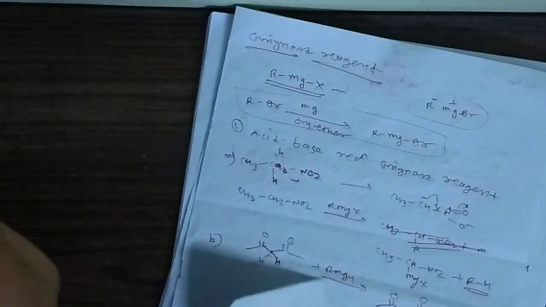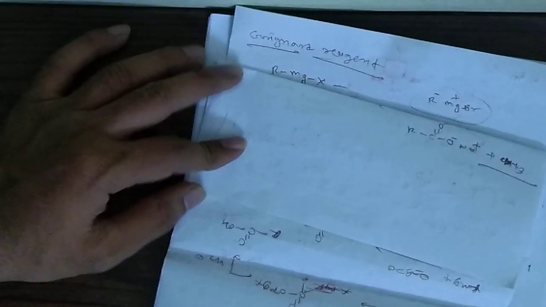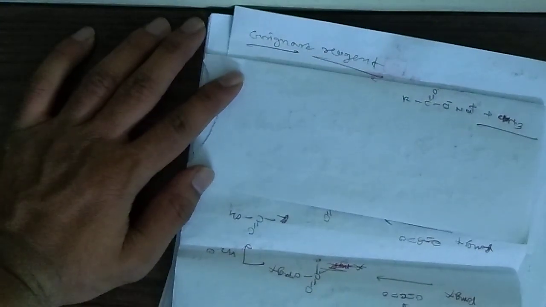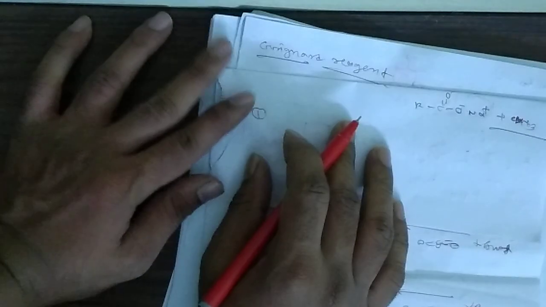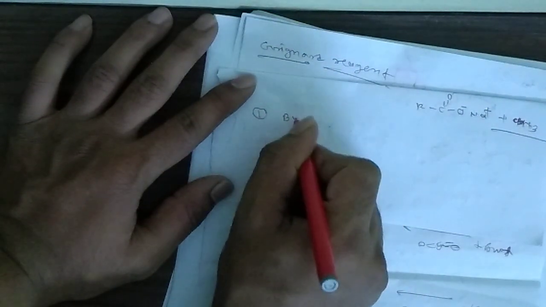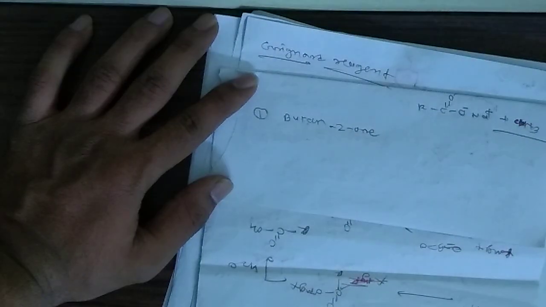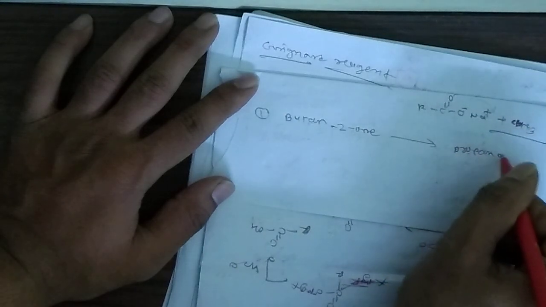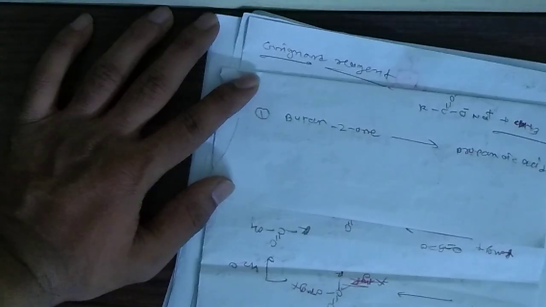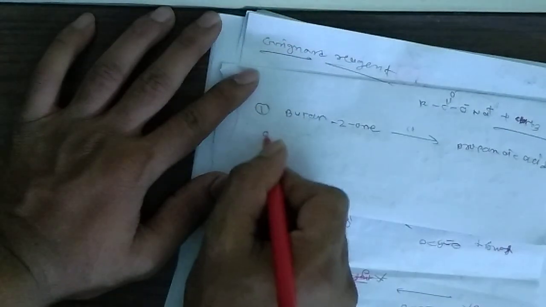Now we have seen the mechanism and the direct method of that reaction. Now we will see the PYQ, previous year questions of JEE, based on the haloform reaction. So the first question is: butan-2-one can be converted to propionic acid by which of the following reagents? Here some reagents are given.